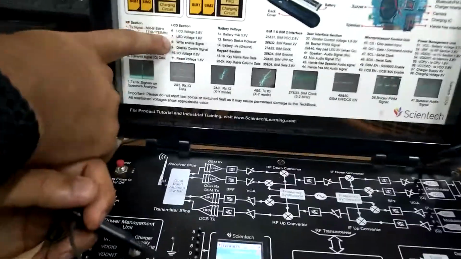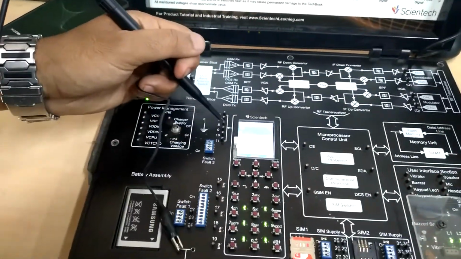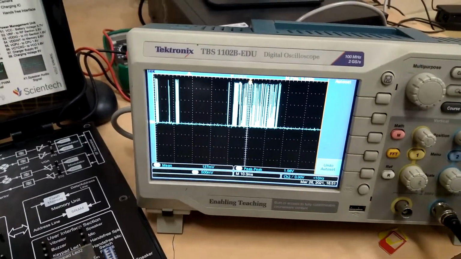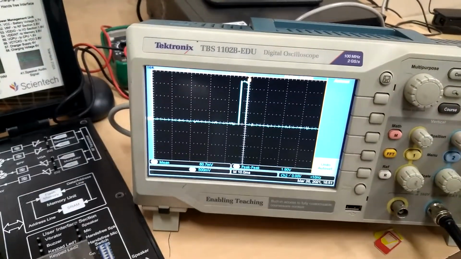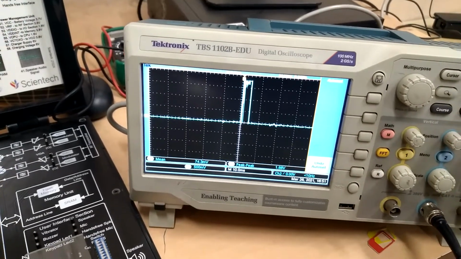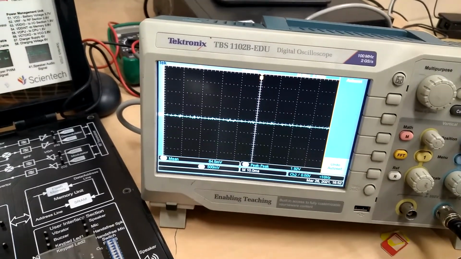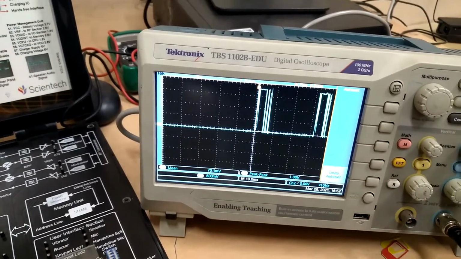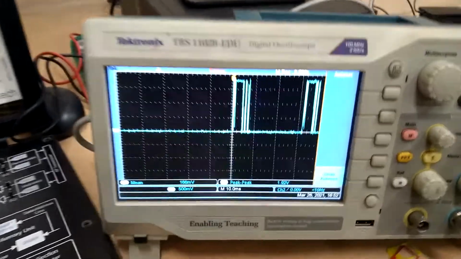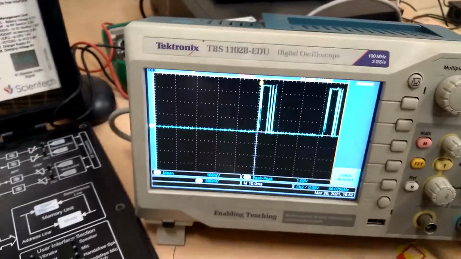So this is the 8 and 9 pin. So from 8 and 9 pin we need to connect the probe, and you can observe here read and write pin. Whenever I press the button, it will write something on LCD. So it is giving some pulses like this. And 9 number pin is the display control signal. So these are the control signals. So likewise we have to observe the different waveforms.